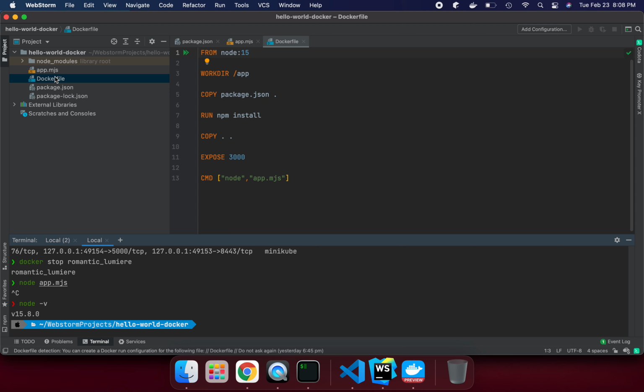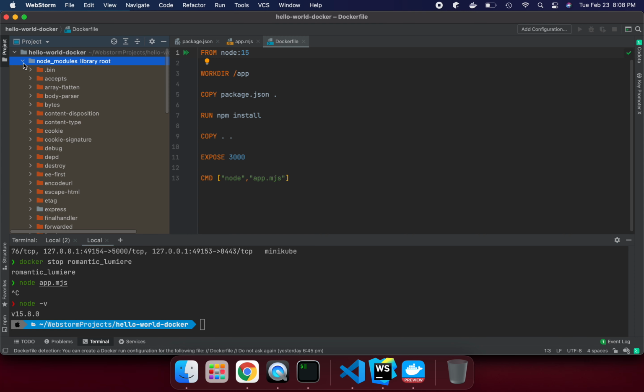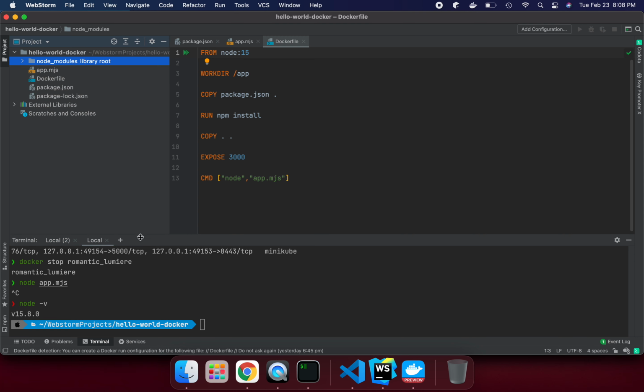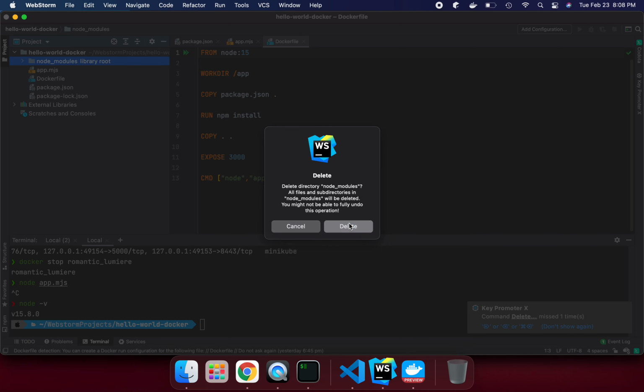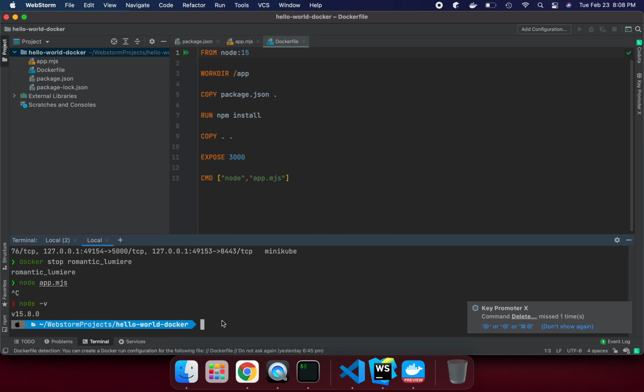If I do the npm install, it's going to download this module, otherwise it's not going to run for you. So first, let me delete this one. Suppose you want to delete this first. So if I do that, here we don't have the dependency. So first, to run this program, we need to provide the dependency.